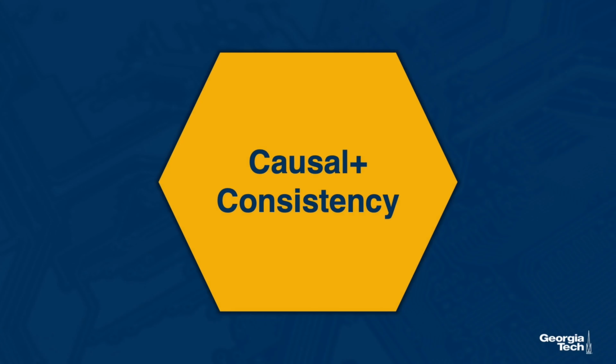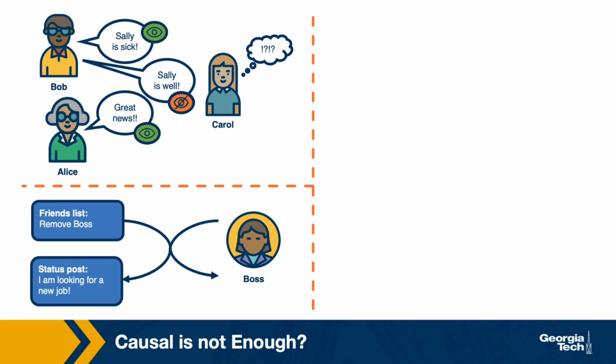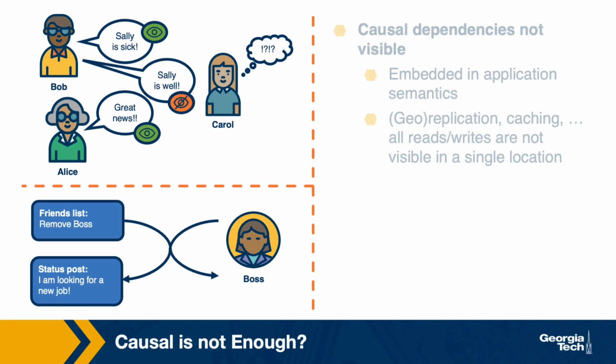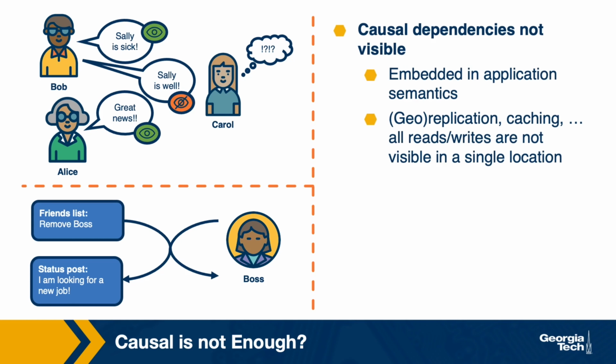Let's now talk about another consistency model called Causal Plus that can hopefully help with this. We looked at a couple of examples which all led to some undesirable scenarios of how data from these large-scale geo-distributed systems ends up showing up in some out-of-order way and confusing the end users, the clients. There are several reasons why, if we just use causal consistency models at the system level, it is not possible for us to eliminate these problems and they will keep creeping up.